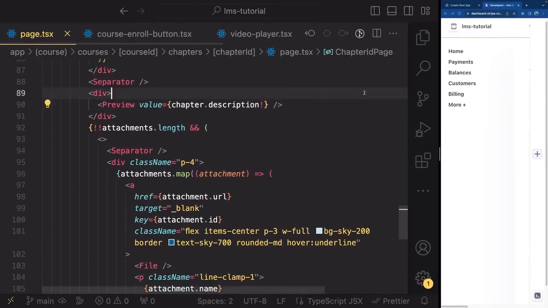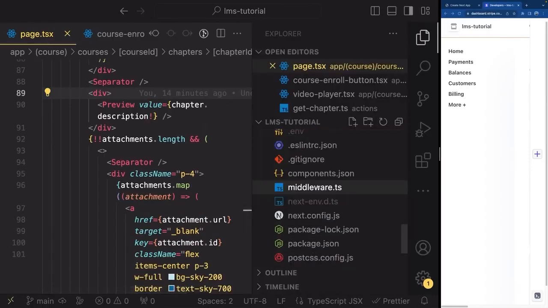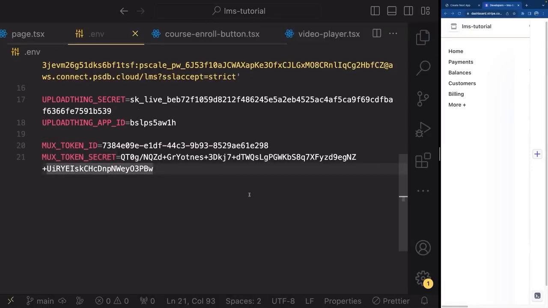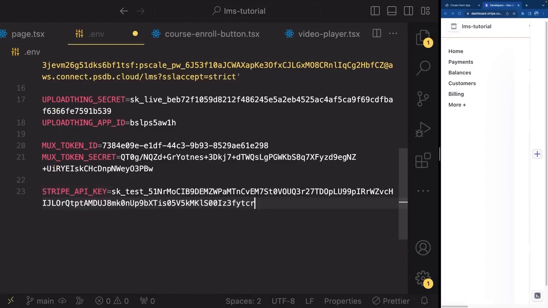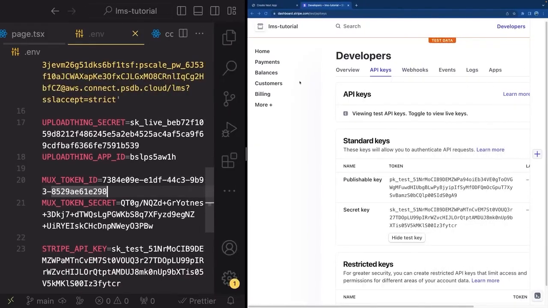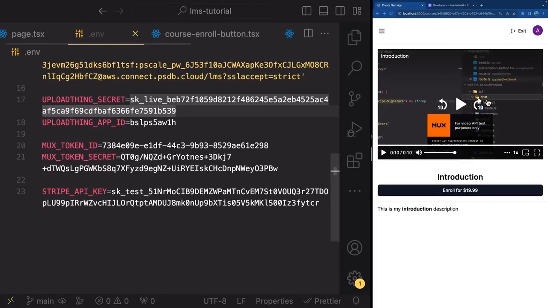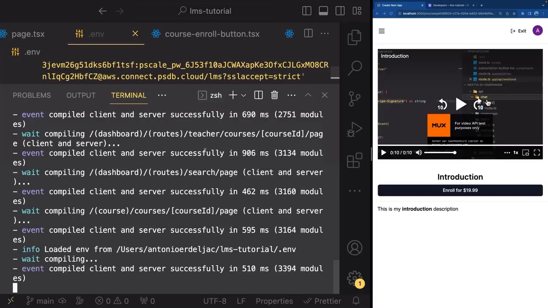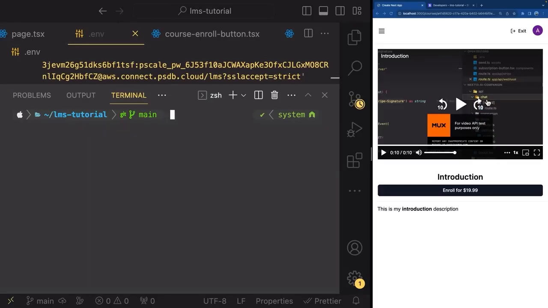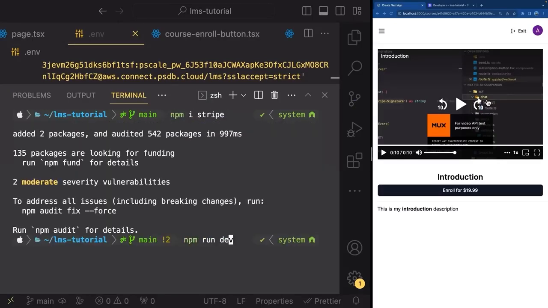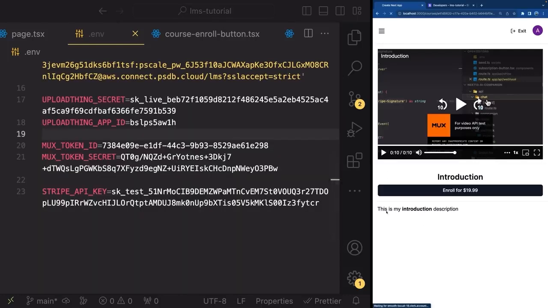And let's go inside of our .env file. And below the mux token, let's add STRIPE_API_KEY and paste it inside. Great. And I'm gonna leave the Stripe in my other browser tab. And I suggest you do the same because we're gonna have to create a webhook later on. So what I wanna do now is go inside of my terminal and install Stripe. So npm install stripe like this,